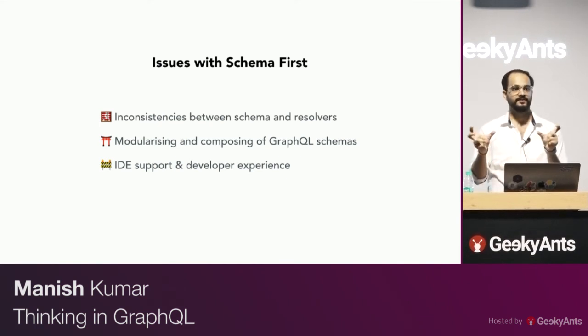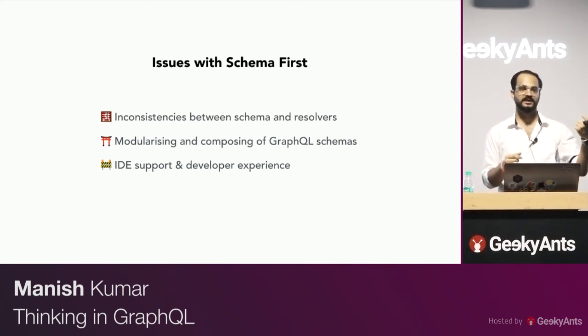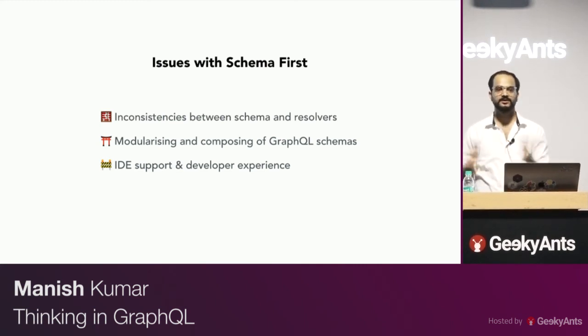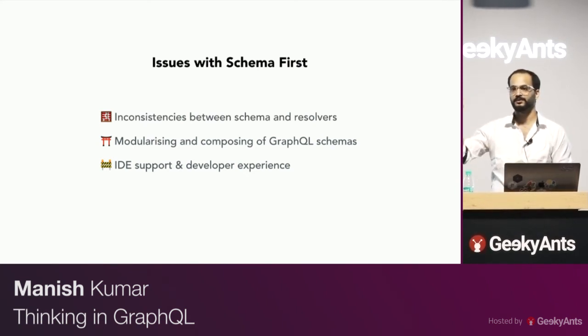Just because GraphQL needs schema and resolvers one-to-one mapped, otherwise it will not understand. If there's something in your schema which says, I don't know, product, and it has one extra field which says is delivered or not, and if that has not been resolved in your resolver, it will just not work. Your whole GraphQL endpoint will not work. Even if you have the proper user schema as well as resolvers, it will just not work. So that's the biggest problem with this.